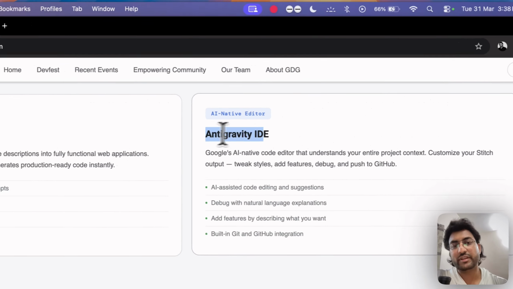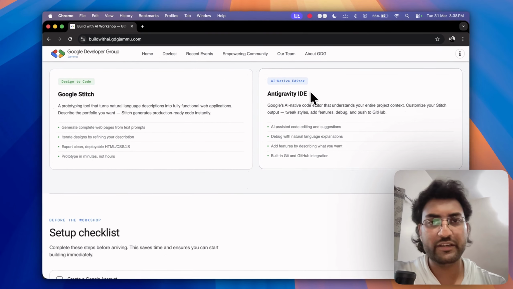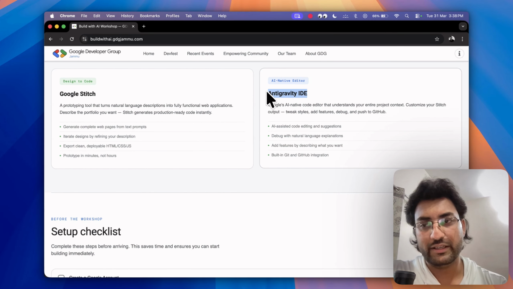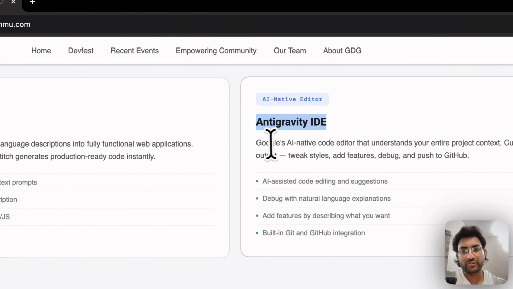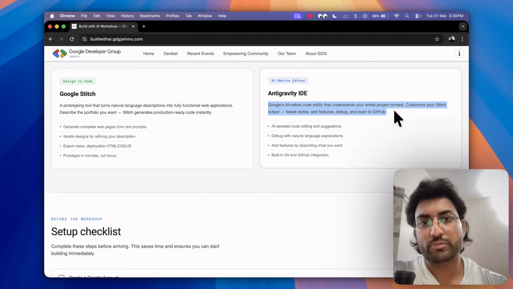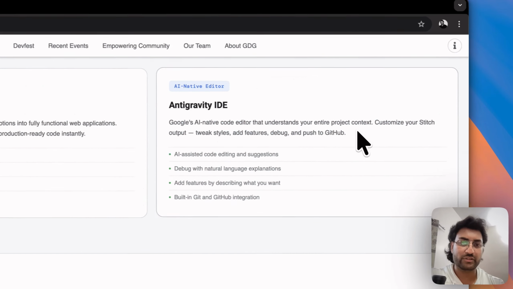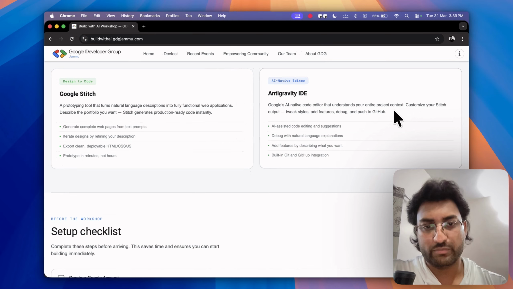The other tool is the Antigravity IDE. It is not just a regular IDE that auto-completes or auto-corrects your prompt, but it really understands the context of your project. By context, I mean, think you are building a website and you want to optimize it for mobile. You can just ask it to update the website with a mobile responsive design, and it will make the required changes. So when you use both together,